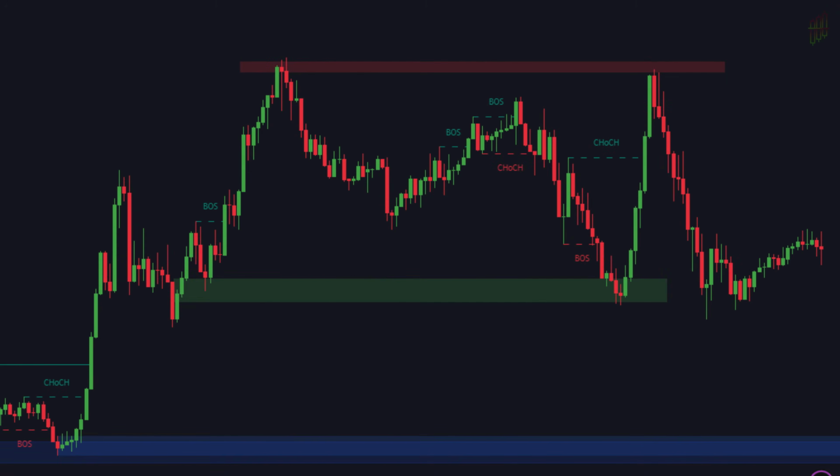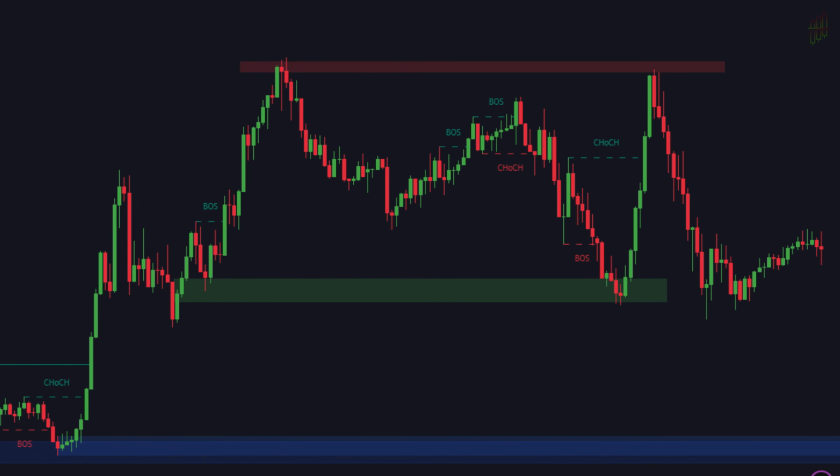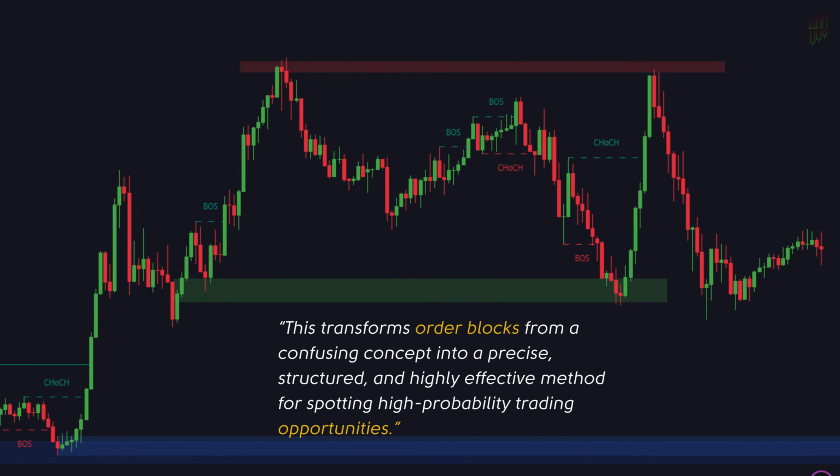Together, these three rules, inefficiency, break of structure / change of character, and unmitigated zones, form the backbone of order block identification. They filter out weak zones and highlight only those with true institutional weight behind them. When a trader combines all three, they're not just guessing where the market might turn. They're aligning themselves with the logic of smart money. This transforms order blocks from a confusing concept into a precise, structured, and highly effective method for spotting high-probability trading